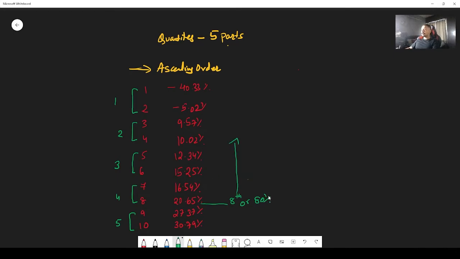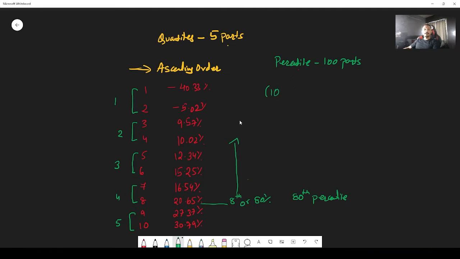So if 80% of the observations lie below, and percentile means 100 parts, we could say that we are interested in the 80th percentile value, right? Now I'm not referring to any formulas, I'm just trying to use logic here. Now if we are interested in the location of the 80th percentile, just like we were interested in the median location, and considering that this is a sample and that we have an even number of observations, we would take